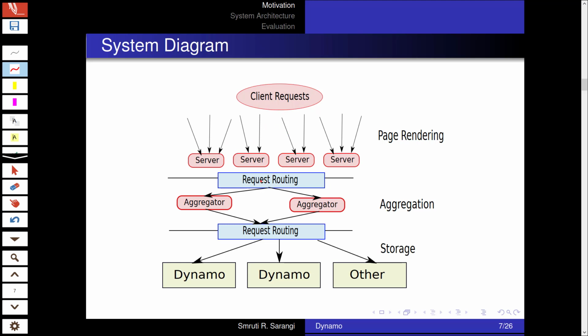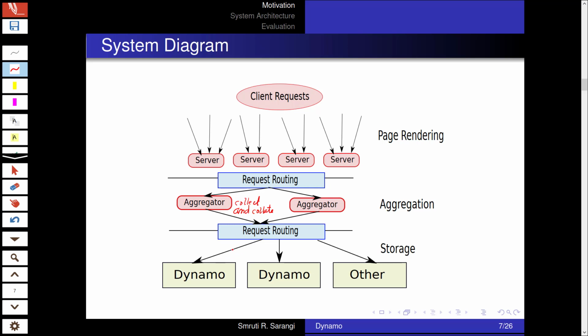Once the servers get the client request, which can be anything, it can be a search query, and the client might want to see the list of products that Amazon has, or the client might want to just update his or her shopping cart. So there are a set of servers called aggregators. What they do is collect and collate and aggregate these requests.